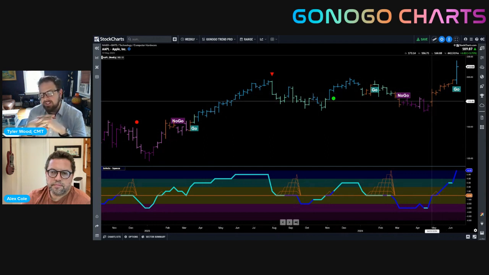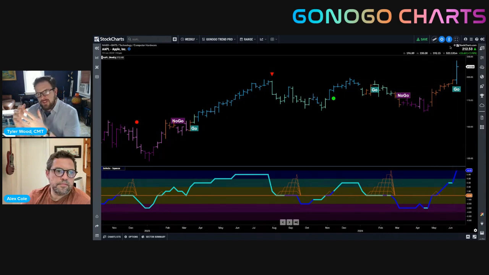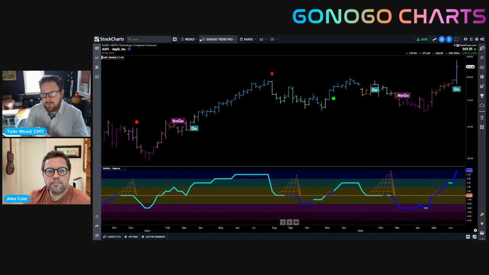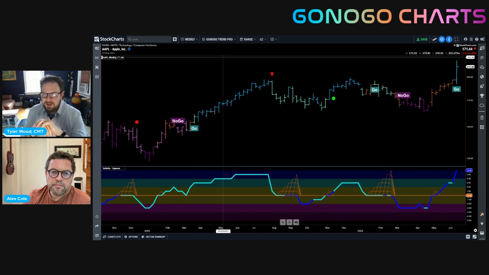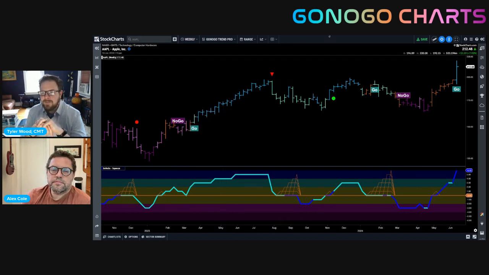Trends are going to take shape first on the shorter period charts, and then show up on our longer term charts. But I think the overall or broad-based major trend of Apple, when we're looking at that monthly, was never disrupted, maintaining go for the entire period. So great textbook example that I'm sure we'll all be referring to for a very long time in terms of preparing for breakouts.